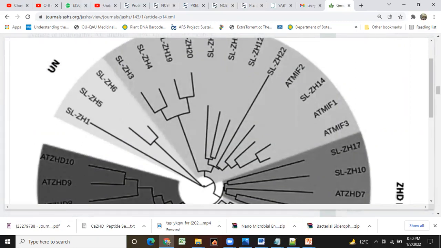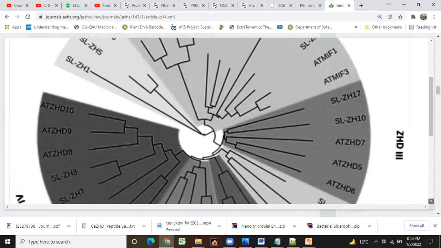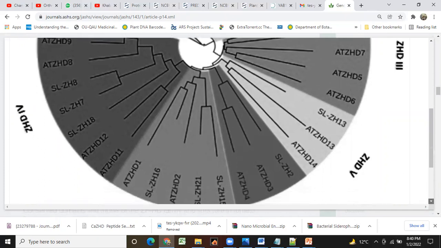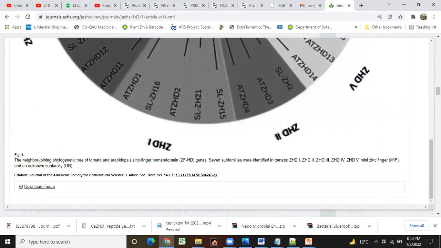Let me think. We need all these sequences. Arabidopsis thaliana we have.